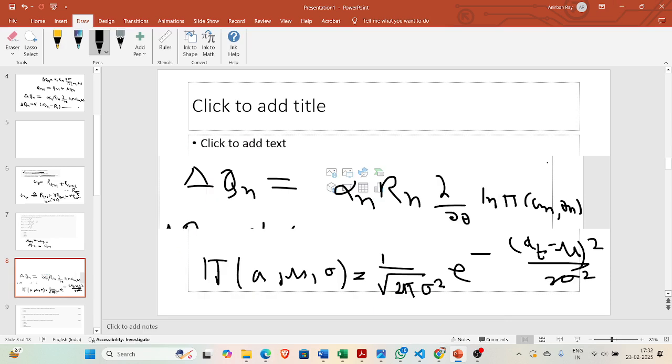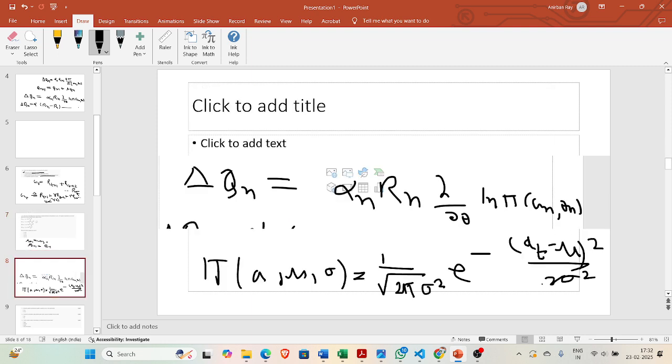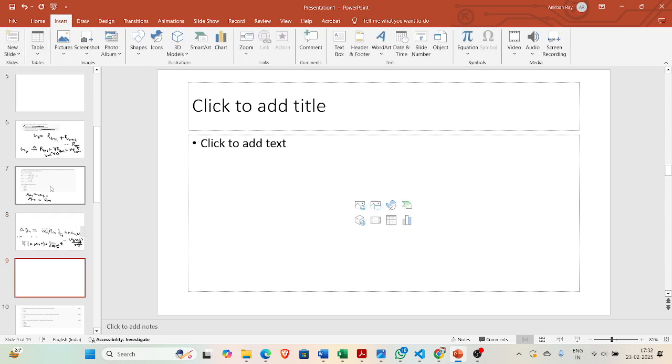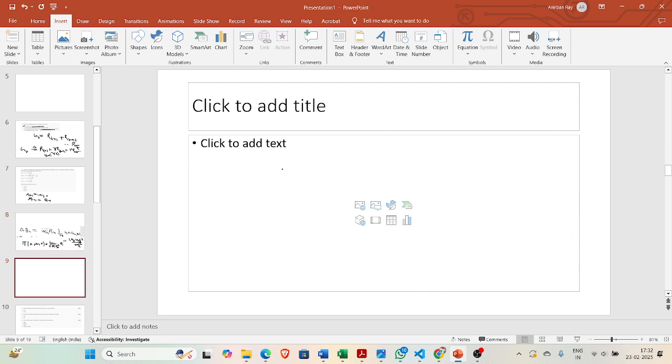What more do we have here is that these are also time dependent. So this is mu t and this is sigma t. This is also sigma t. Now insert another slide. So this is the formula that we need. Alpha is not dependent on time here, as given in the options. You can see Rn is there, so these are common terms in both mu and sigma.